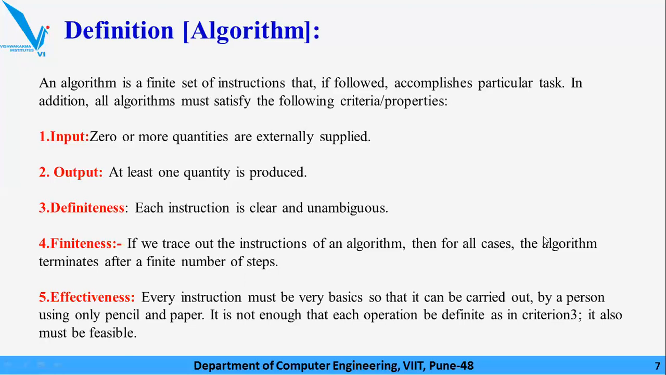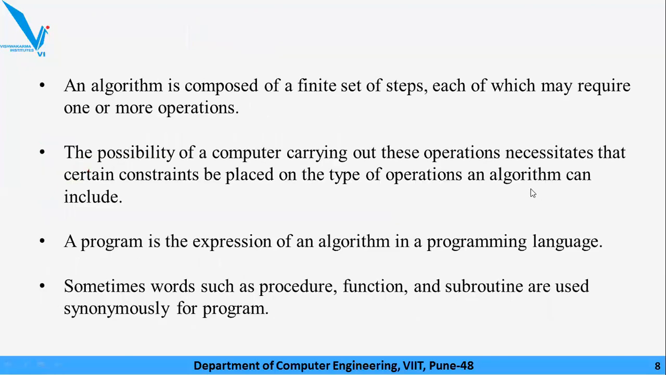This is nothing but the algorithm and the criteria, or we can say the properties of algorithm. Now the algorithm is composed of a finite set of steps, each of which may require one or more operations. Each instruction is nothing but the combination of one or more operations. The possibility of a computer carrying out these operations necessitates that certain constraints be placed on the type of operations an algorithm